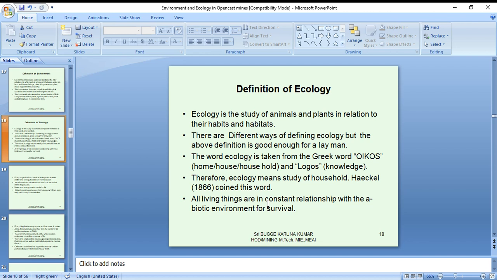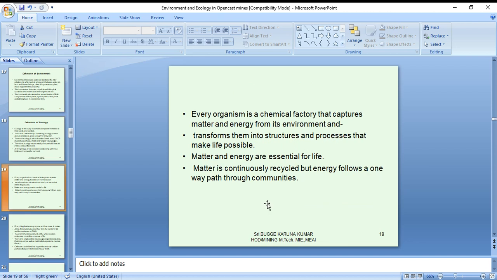The word ecology is taken from the Greek words oikos, meaning home, house, household, and logos, meaning knowledge. Therefore, ecology means a study of households. All living things are in constant relationship with the abiotic environment for survival. Every organism is a chemical factory that captures matter and energy from its environment and transforms them into structure and processes